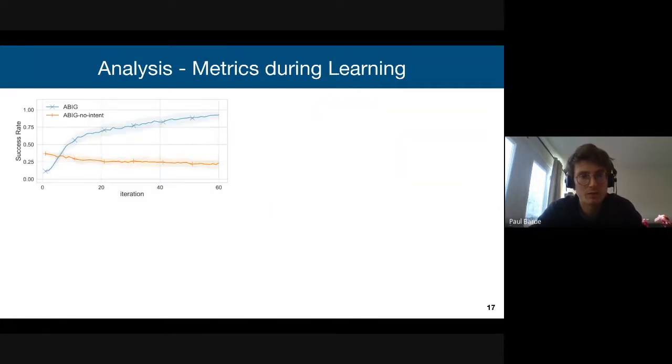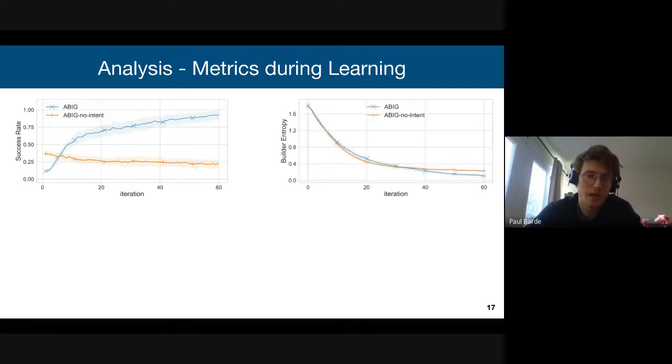And so we also wanted to see the evolution of the metrics throughout learning. So here we have the success rate throughout learning, and we see that if we don't have the shared intent prior, then the performance does not improve over time. But interestingly,